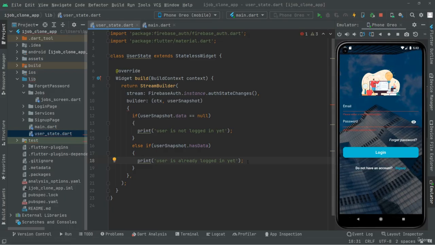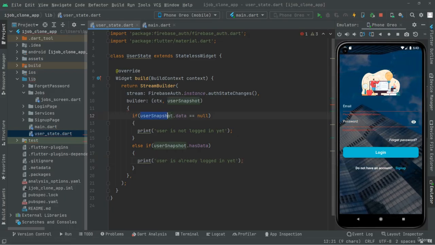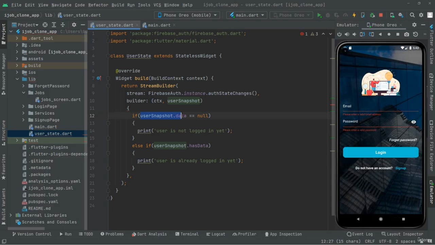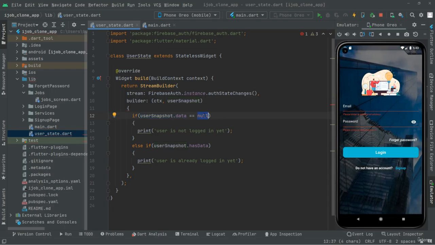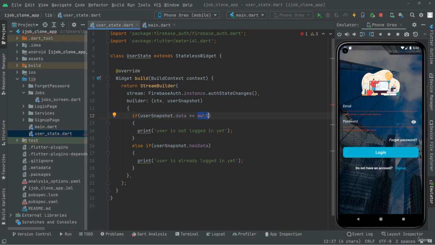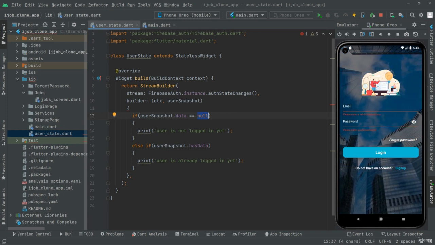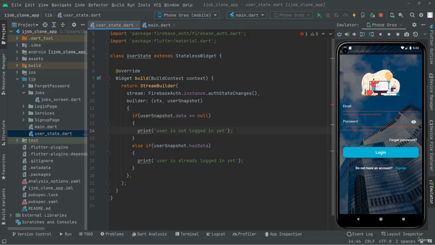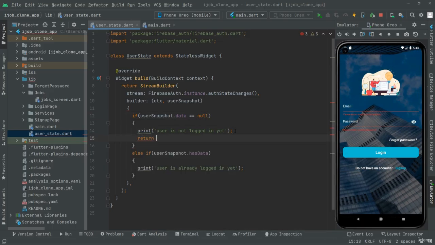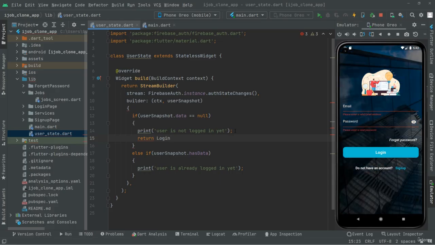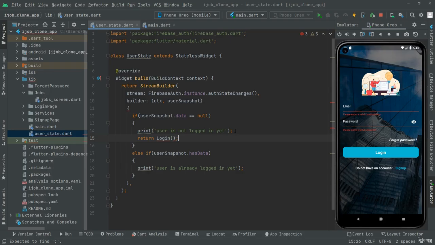That's fine. So now, as you guys know, if the user snapshot.data is equal to null, it simply means that there will be no data for the current user, and if it's equal to null, then we will print this message that the user is not logged in yet. So in that case, we will simply return the login screen. Okay, we will send the user to the login screen. In here we will show that login screen